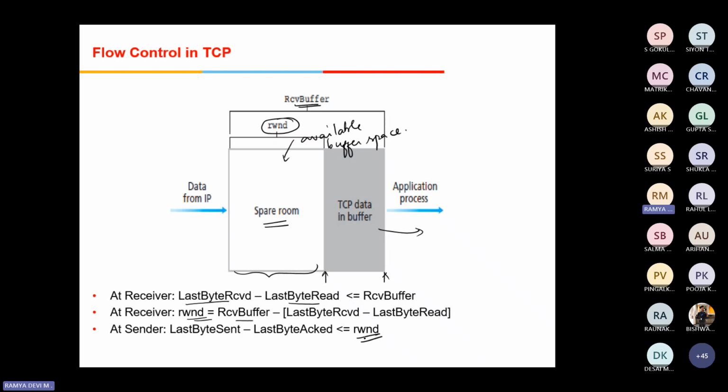The sender must ensure that the number of unacknowledged bytes does not exceed the receiver window. If the receiver window becomes 0, the sender pauses the transmission until the receiver advertises a larger window size. This is how TCP flow control uses the receive window, adjusting it and preventing overflow at the receiving end. So in order to ensure reliable communication, the receiver window is used here.